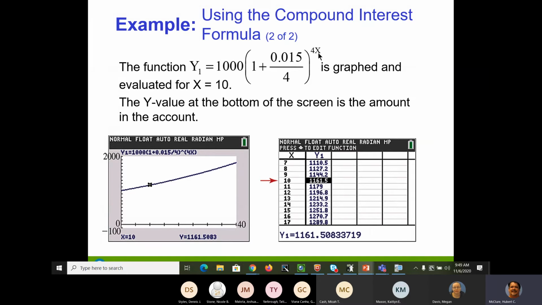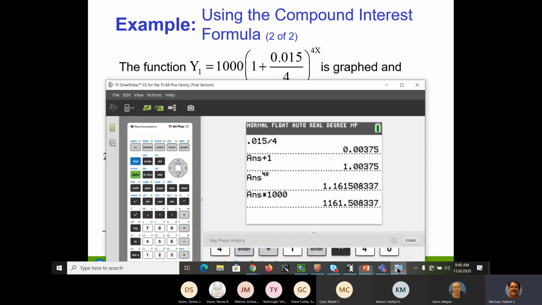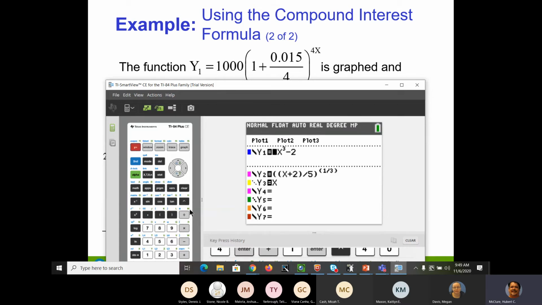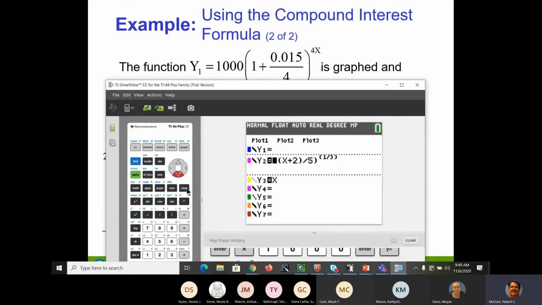And instead of putting a T, you put an X. And that's where you can look at anything. Let's do that. Let's put in y is equal to, and I'm going to clear everything. And that's going to be 1,000